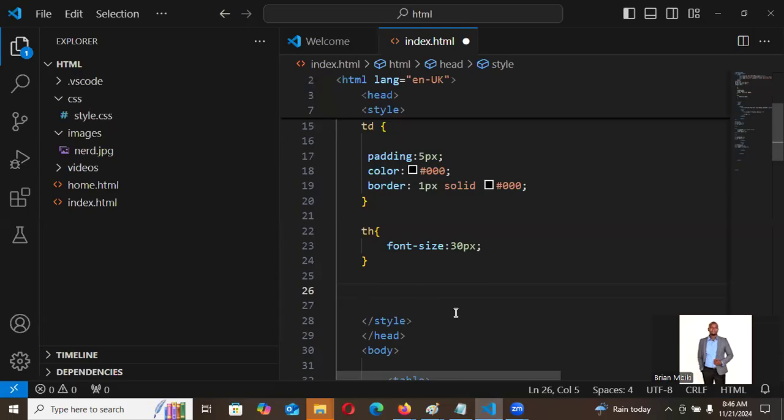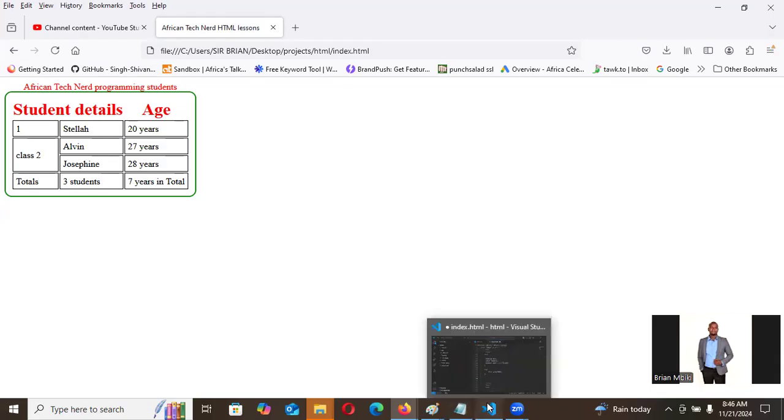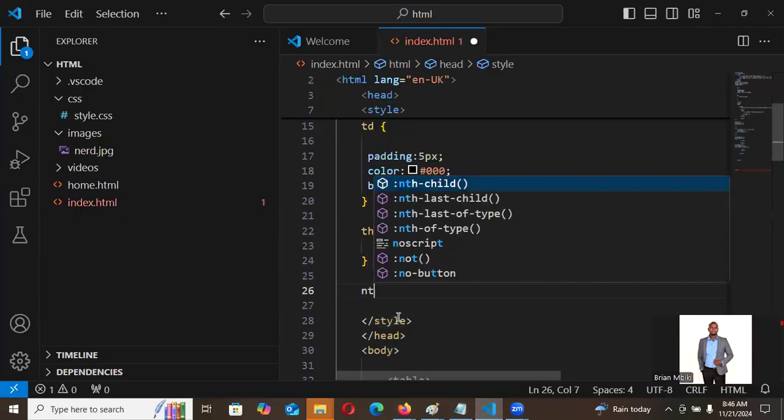Let me repeat it again so that you look at it. If you want this row to have a different background, this to have a different background, and this to have a different background, it is like it is striped. It looks like a zebra. What you do is you do something called nth